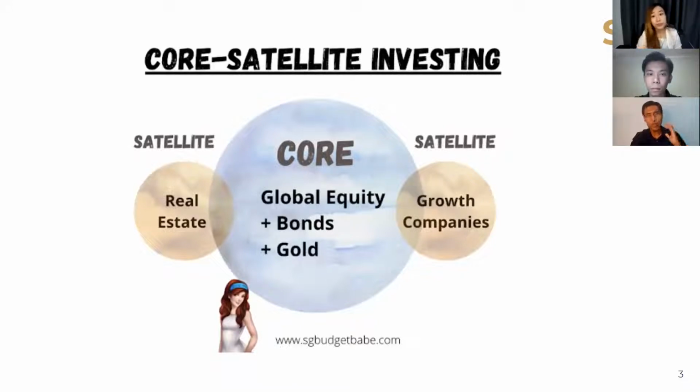So that's, I think, the core tenet of having a core satellite approach, where the bulk of your money goes to this foundation. But at the same time, all of us as investors have certain views and preferences, and we want those to be incorporated in some way or the other. And that's where the satellites come into play, where you can incorporate, say, a view on China, or on real estate, or on technology. You think artificial intelligence is the next big thing.